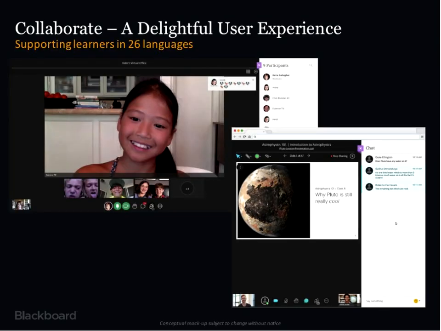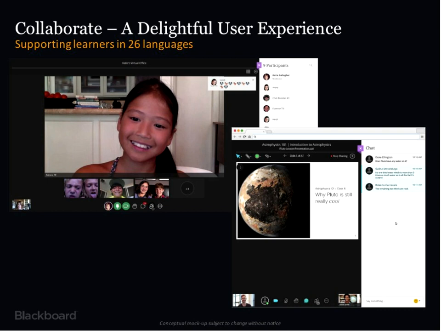This is a quick view of the Ultra interface, right? The Ultra design language as it applies to Collaborate. In this particular screenshot, you're seeing basically 2 modes of interaction within Collaborate. On the upper left-hand side, you're seeing the video interaction mode, right? So these were actually some students of parents at Blackboard that were involved in a session, and you can see the high-quality video, multiple videos displayed at a time, and these kids were interacting like they would be in a class, as an example.